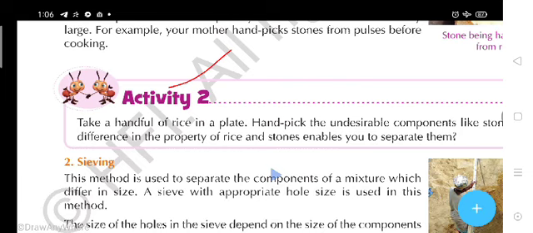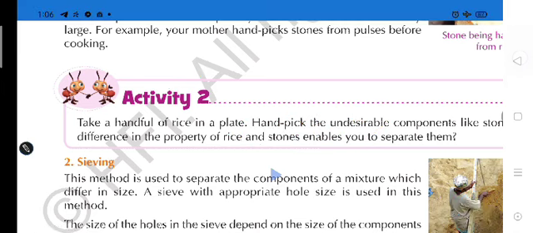Simply, students, you have to take a plate, put some handful of rice, and in that rice you will see the presence of some stones. You only have to remove those particles using your hands. So this simple process is called the hand picking method of separation.